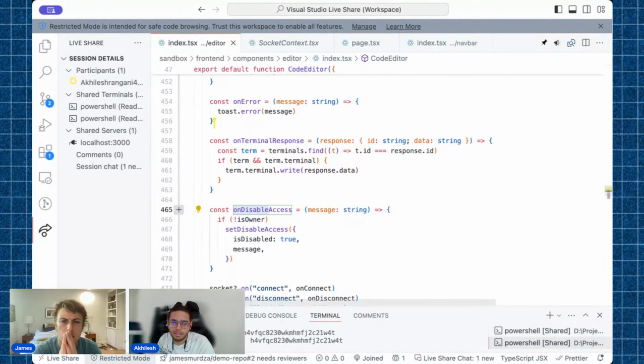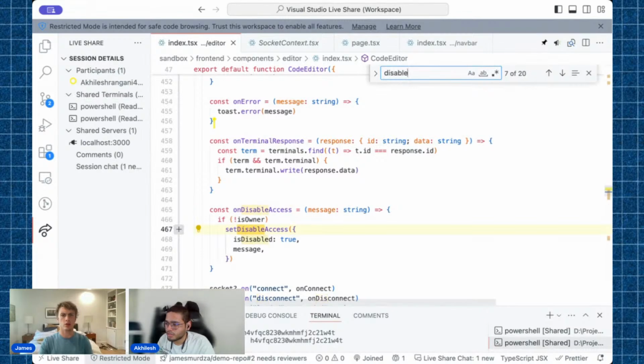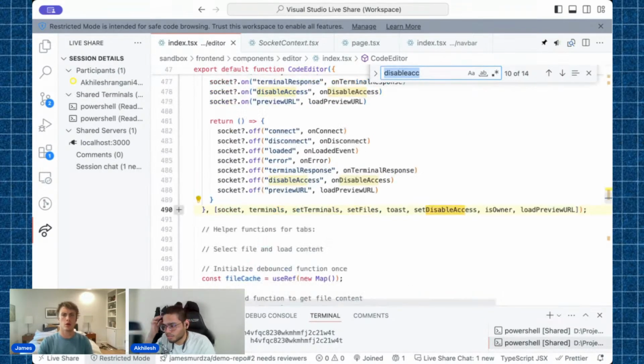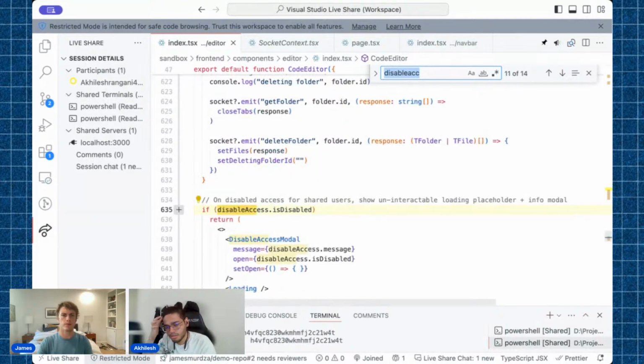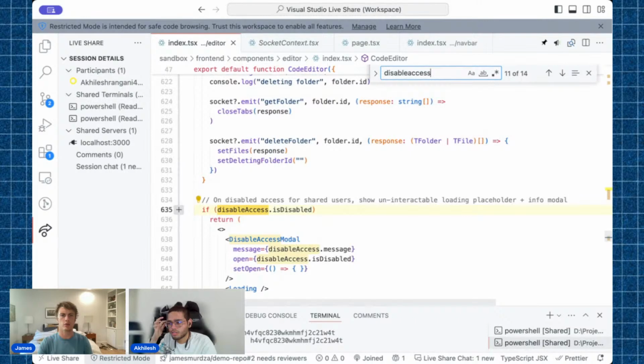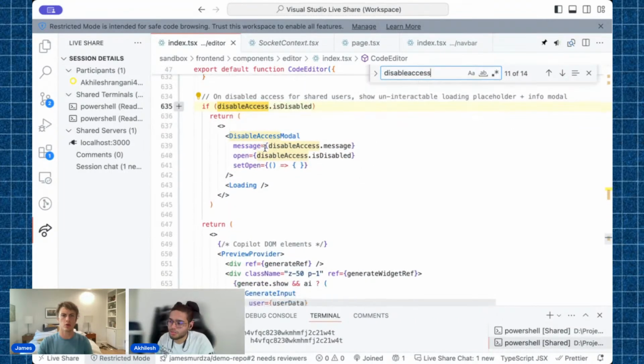Wait, but I'm pretty sure it's the disable access. It's for the terminal, not the files. Or is it for the files? No, no, no. Definitely it's for the files, because you see,